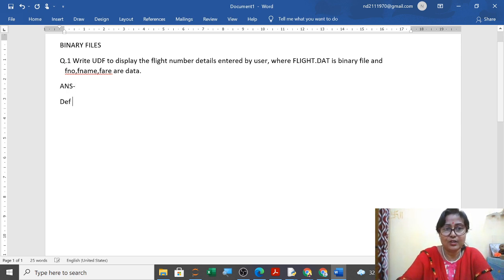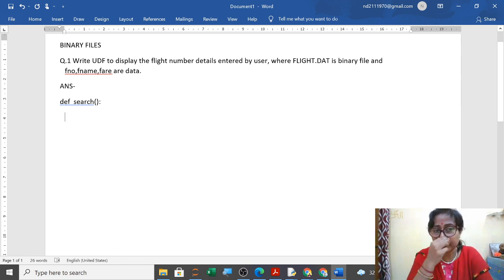For the function, what do you have to write? Yes, you have to write def and then search. Since no function name is given, you will write search here, and then tab to indent it and write the block.